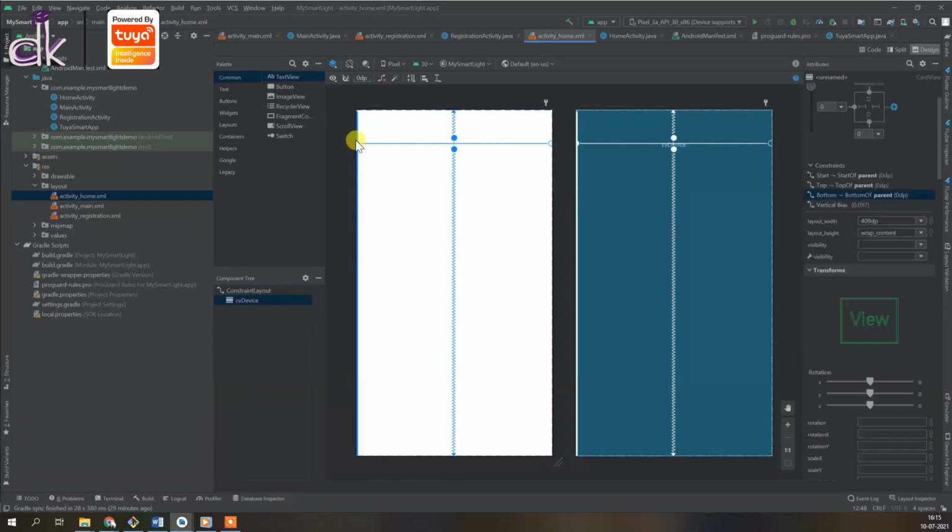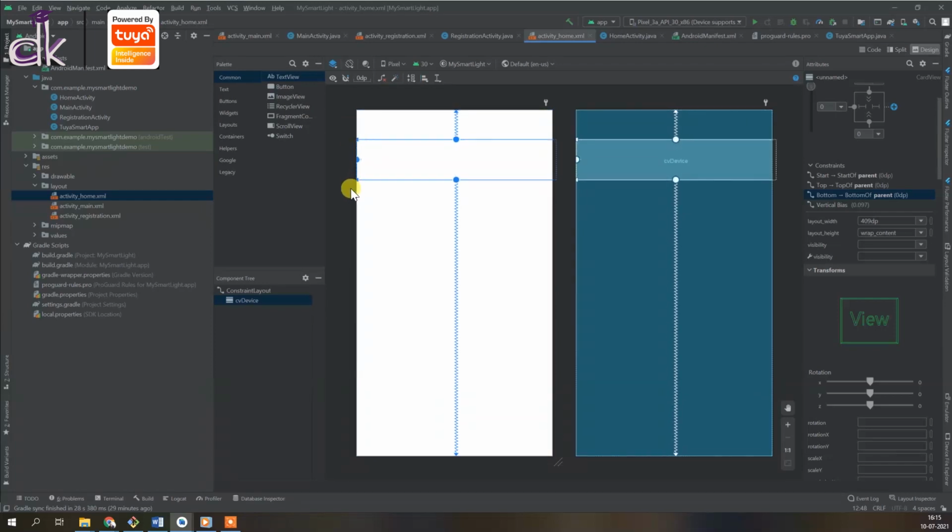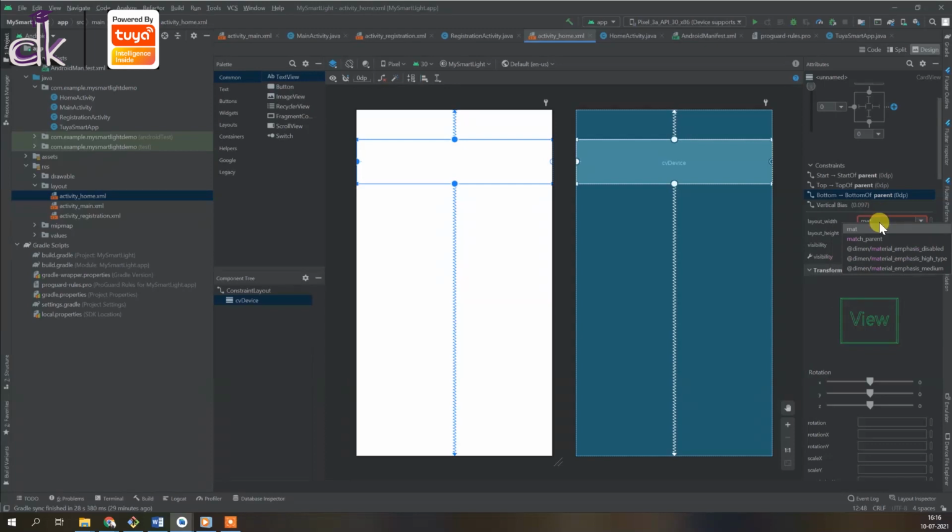All right, so now to add something inside our card view we need to expand it. So once you see this icon, just pull it so that you can expand it, and the layout width should be match parent, so just change that to match parent. Okay, and height is whatever you extended it to. Okay, all right.